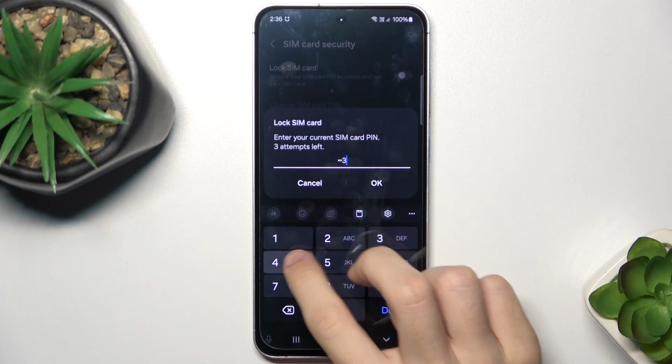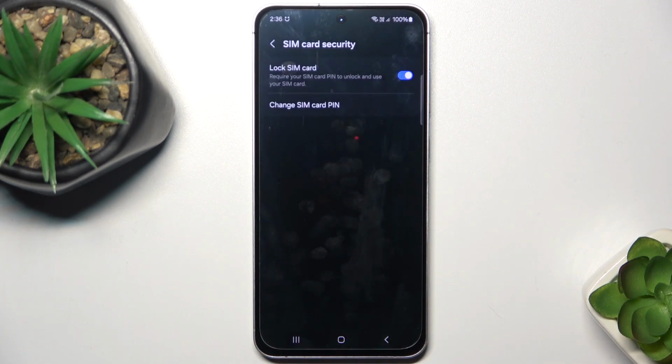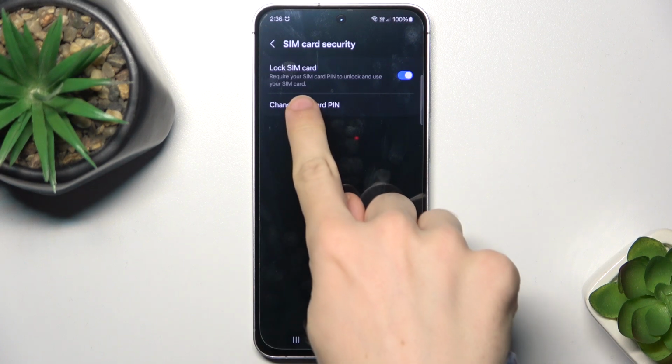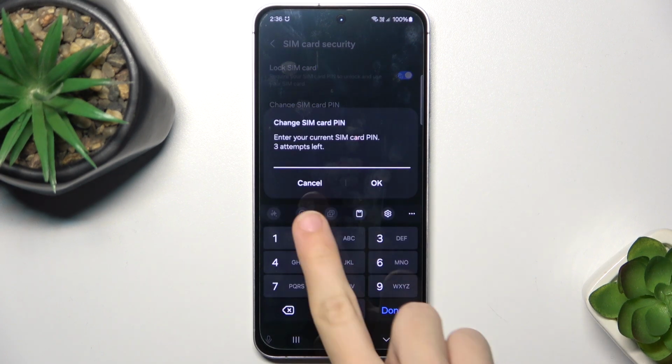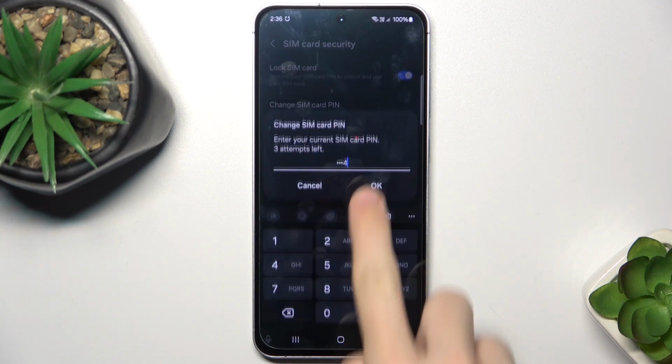So this is my current one, and now whenever I take the SIM card out of the phone and put it back into the same or another phone, or when I restart my device, it will ask me for my SIM pin. I can change the SIM pin by clicking on change SIM card pin, first entering the old one,